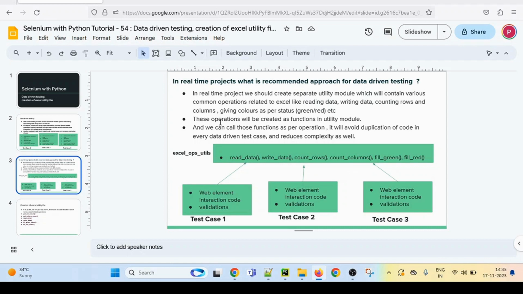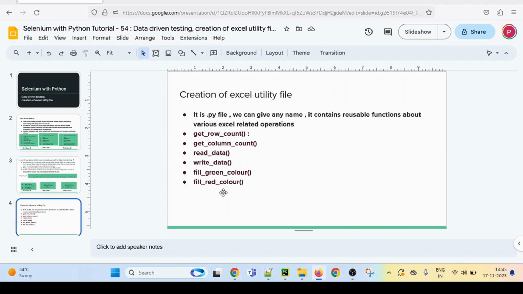So in this session we will see how to write the utility file and how the utility file will look. We will write various functions into that utility file. A utility file is nothing but a .py file. We can give any name and it will contain the reusable functions for various Excel related operations.